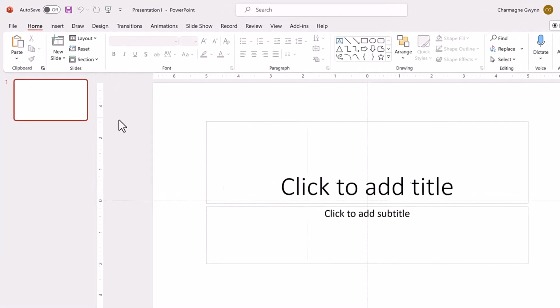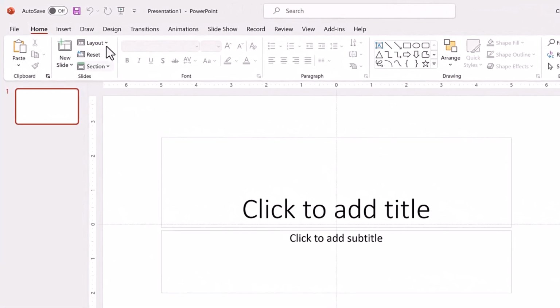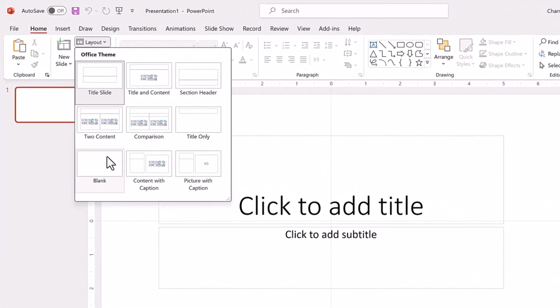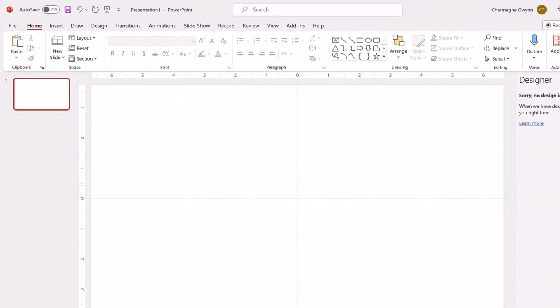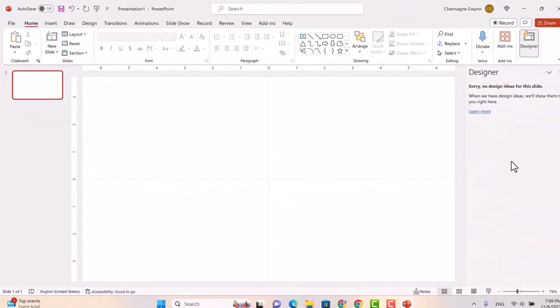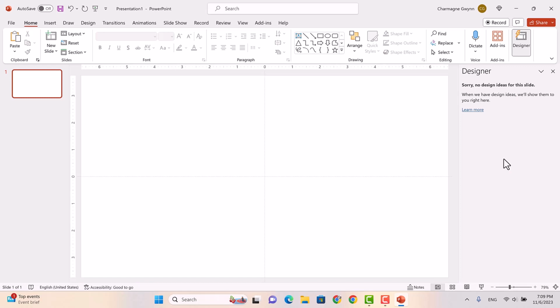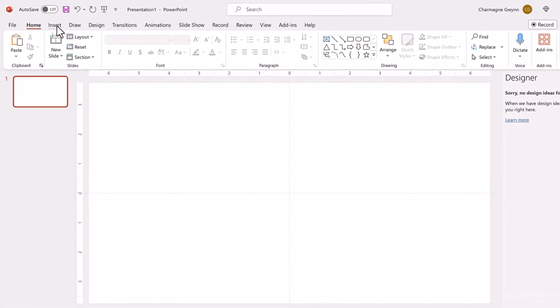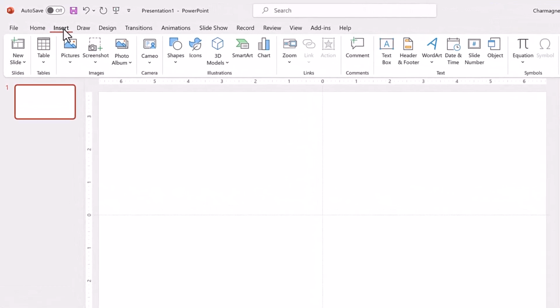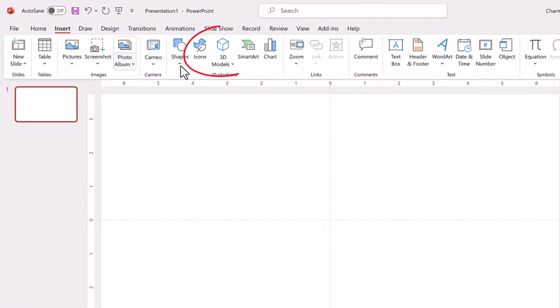Then for layout, we need to select blank. And then all this designer stuff is going to disappear because we really don't need it. Now what we need to do is to insert our image. So you'll go up here to Insert, and then what you want to insert are 3D models. So you're going to insert 3D models, that's right here,